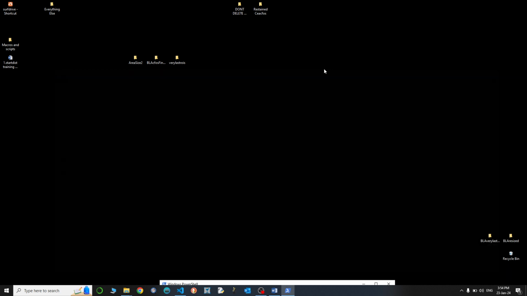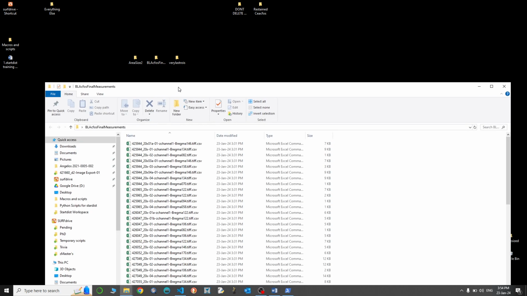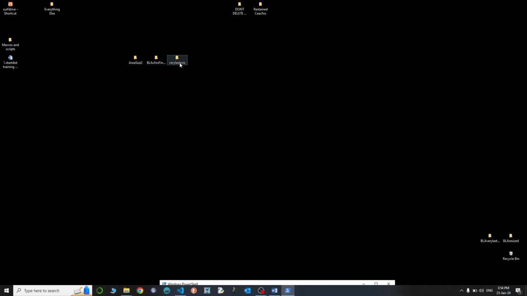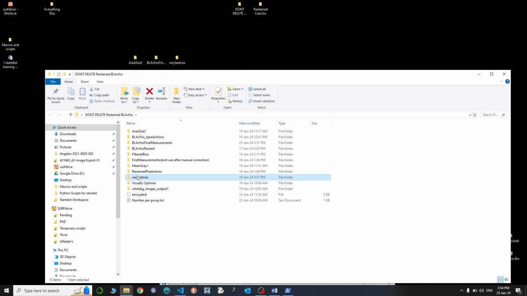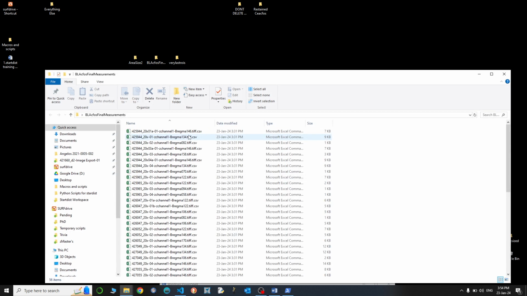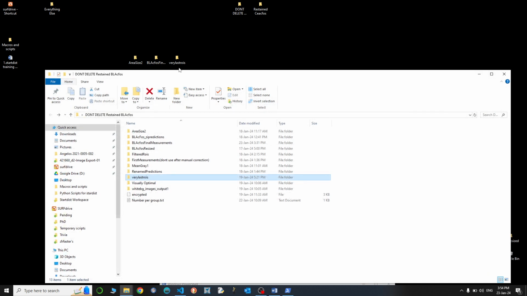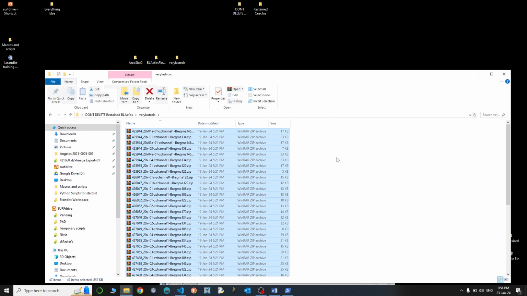So I've pasted it on my desktop. I also have the final measurements that we've just obtained. And what I also have is another folder that's called very last rows. And the very last rows should have, of course, the predictions that we've got. Remember, the c-Fos final measurements is just the measurements of these predictions, but here we need the rows themselves. So I'm in retain BLA c-Fos, Control A, copy, and